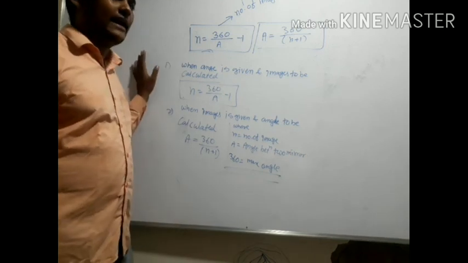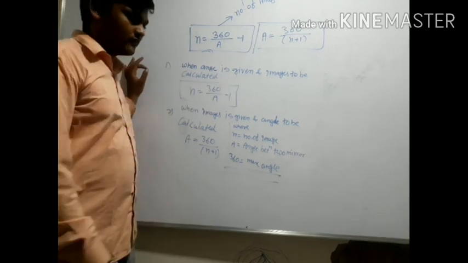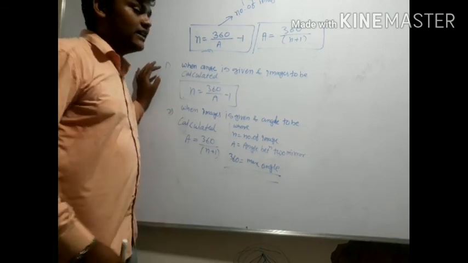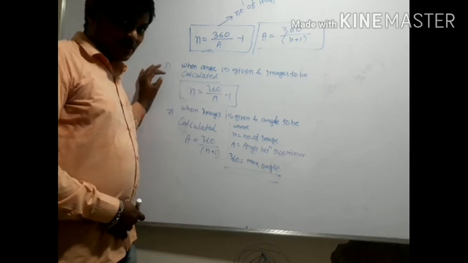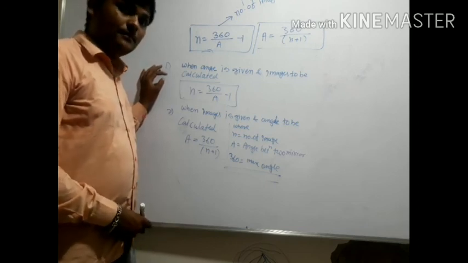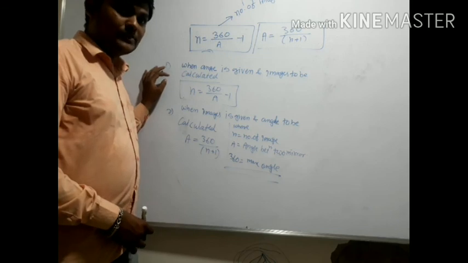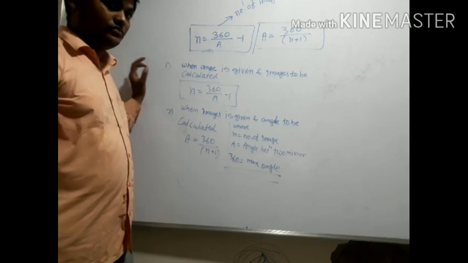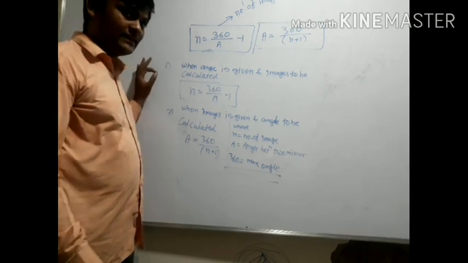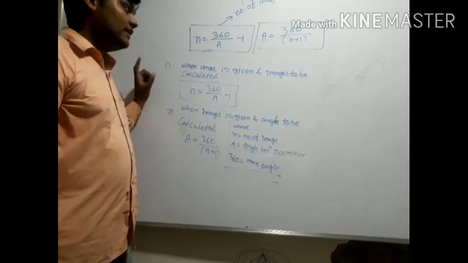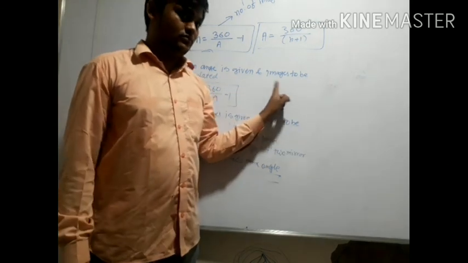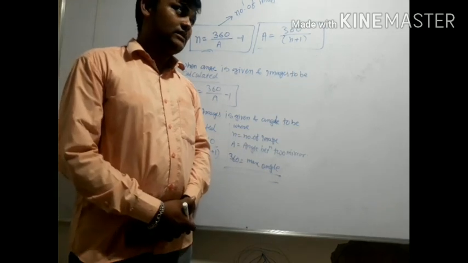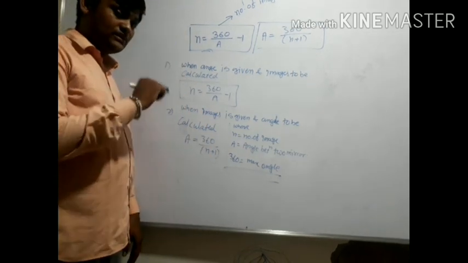So that is all about how to calculate the images between two mirrors when they are placed at a certain angle. Next we are going to discuss the image formed by a spherical mirror, the formation of images due to a spherical mirror. That is an important point we have to discuss. Tomorrow, in the next session, bring your geometry box. We'll calculate all the numbers, how the images are formed, and how to calculate the number of images, as well as how the images will be formed, that we will see in the module.